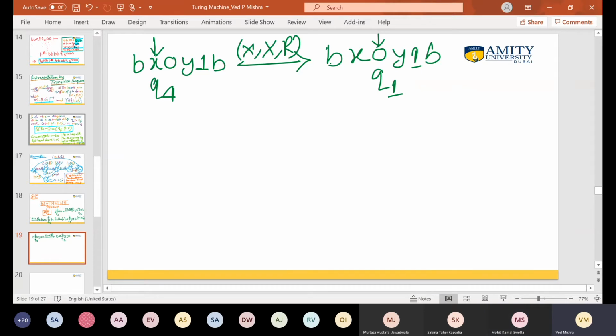So can you complete this, everybody? Yes, sir. So check. Do we need to add the blank in the beginning? Yes, it might be needed. Sometimes it is not needed. If needed, then you can add later on. There is no problem. But generally, whenever you are processing, add it. But always you will start with the first input only, not with the blank.